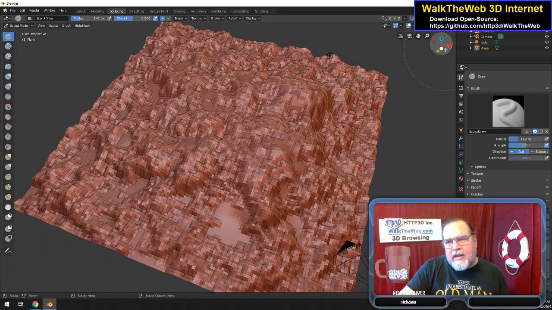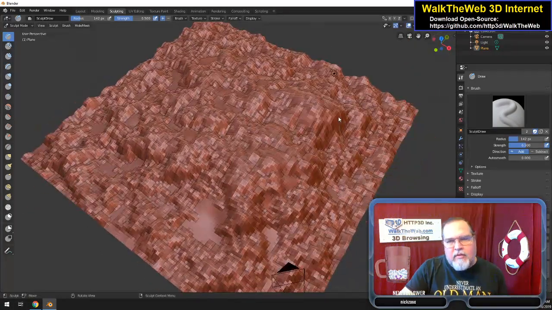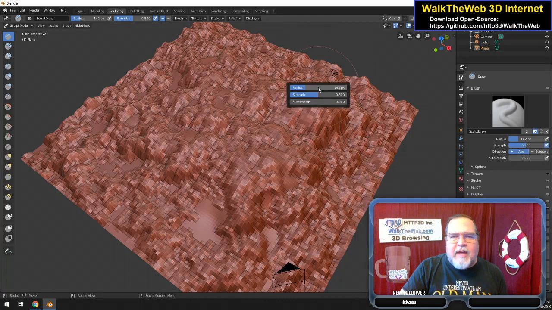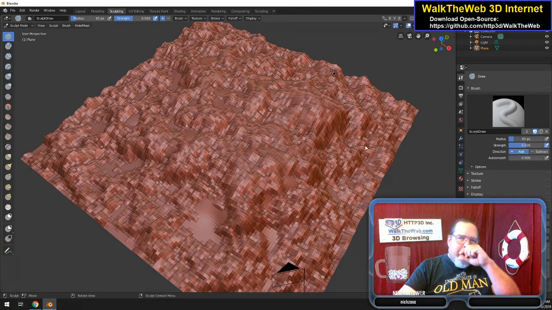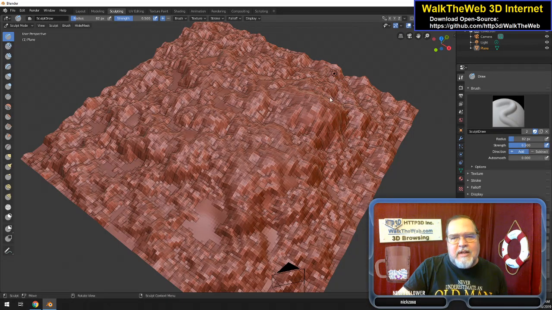But I want to give it a little bit of a feel of an island. And over here, anytime I can right click and change the radius that I'm working with. I bump it around to different sizes only because I really want to affect different areas. If you leave it the same size, everything starts looking like one rounded piece. If I click this around and change the shape and size of it, I can